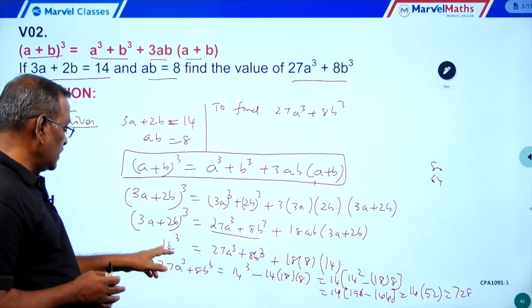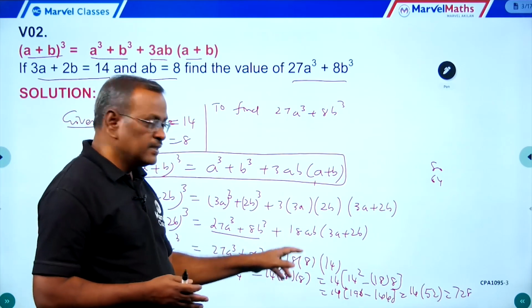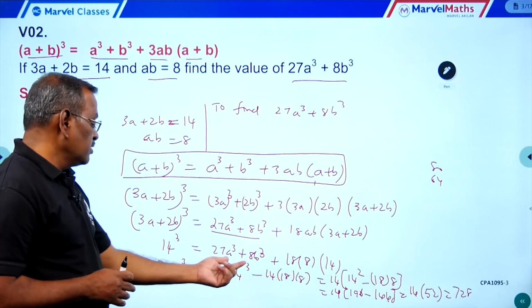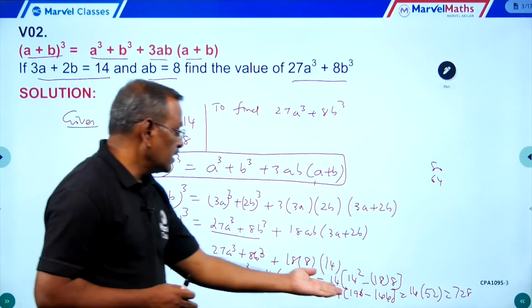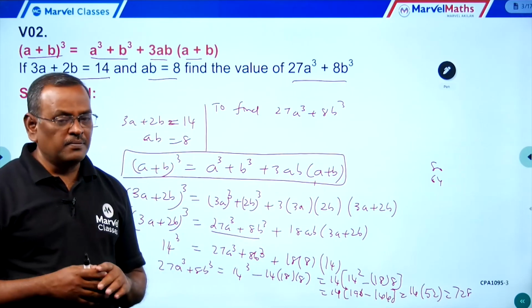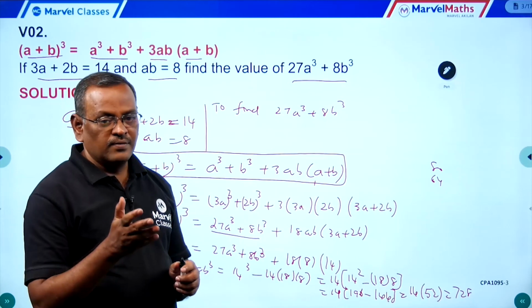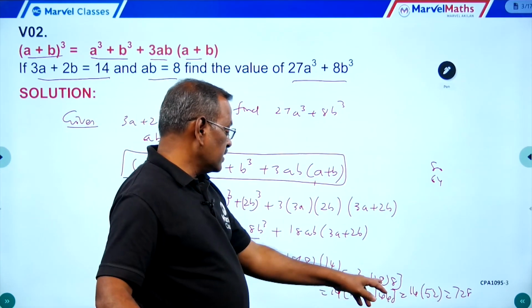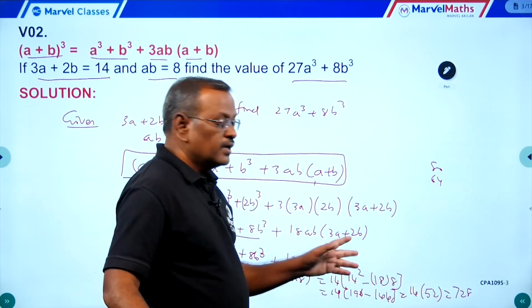No need to find 14 cube, no need to multiply the product, avoid unnecessary calculation. 27a cube plus 8b cube equal to 14 cube minus 14 into this, and then evaluate like this. Whenever some common factor is there, always take the common factor and calculate the remaining value, and in the last step multiply by the same value, 14 into the remaining factors. Simplify that value, the final value is 52, and 52 into 14 equals